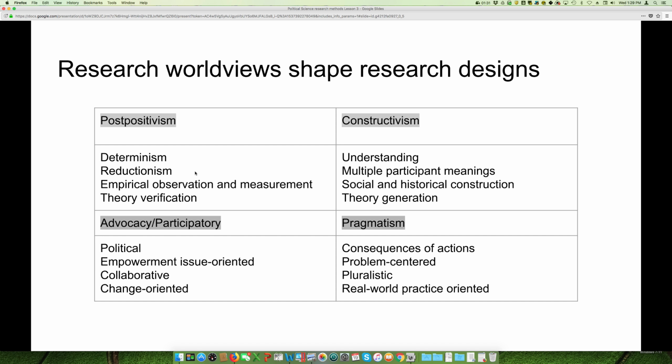And that's how, for political beliefs, you might get conservative versus liberal, even though we know that those two categories do not capture a lot of the complexity in how people think about the world. But they do tell us something, and they tell us enough for it to be useful to many studies. And so post-positivism relies on empirical observation and measurement,